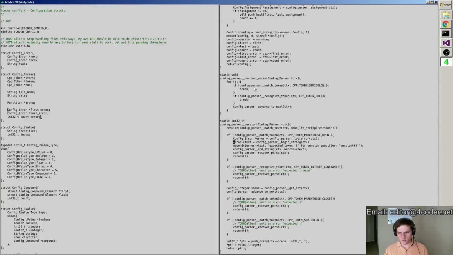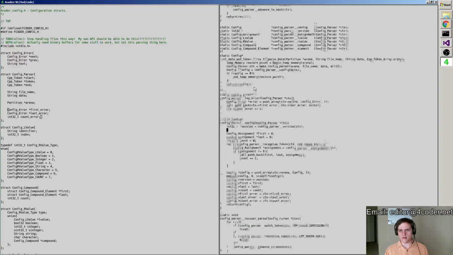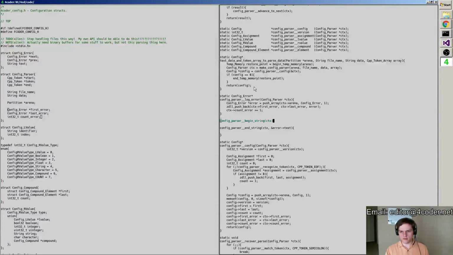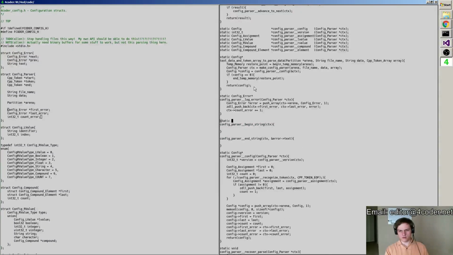Alright, so that lets me get my first error logged. Then I want to be able to ask to begin and end strings on the context's arena.